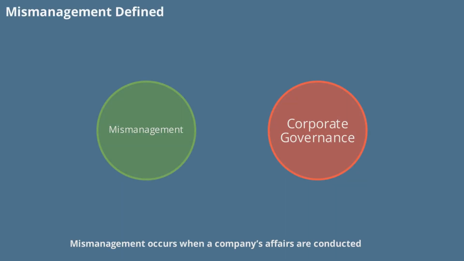Mismanagement occurs when a company's affairs are conducted in a way that is prejudicial to public interest, to any member, or to the company itself. If there is a material change in management or control that could harm the company or its members, it's also considered mismanagement. The law provides remedies to address such situations, ensuring the company is run in a fair and responsible